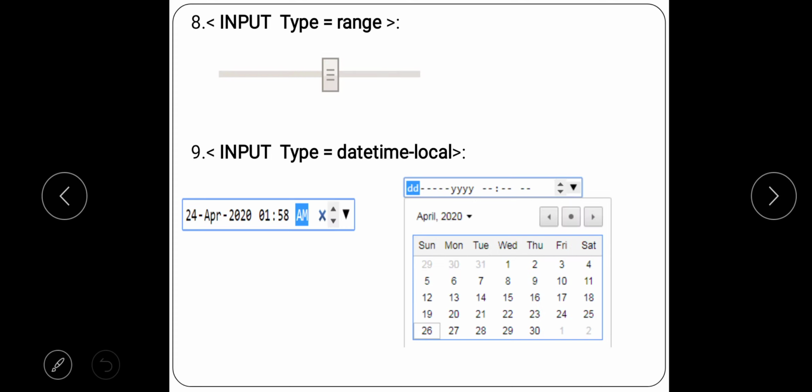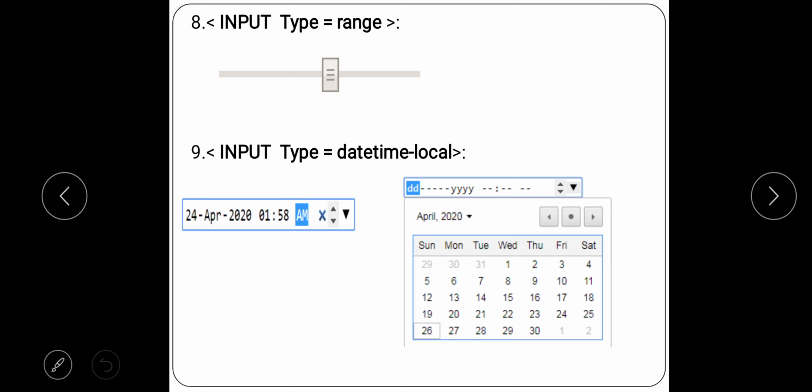Next, input type equal to range. Now generally some controls are there where you get a slider moving from left to right, 0 to 100. So if you want to increase, you will move this cursor to the right side. If you want to decrease the value, you will move to the left side. So whenever there is a requirement of such a range control, you can use input type equal to range to increase or decrease. Then next is what?